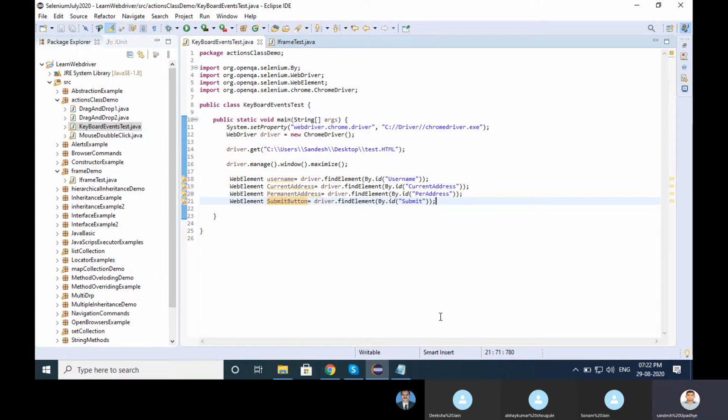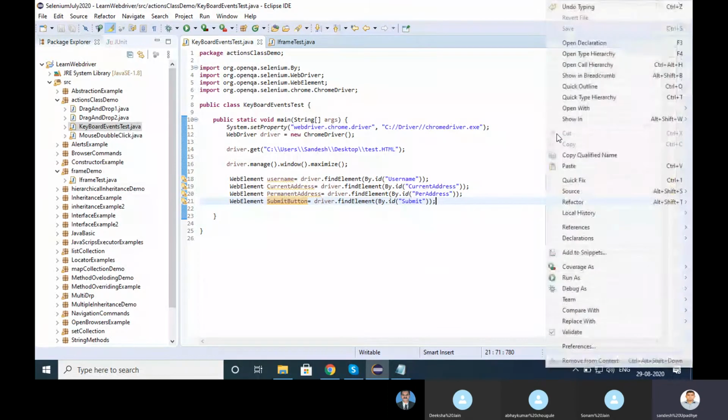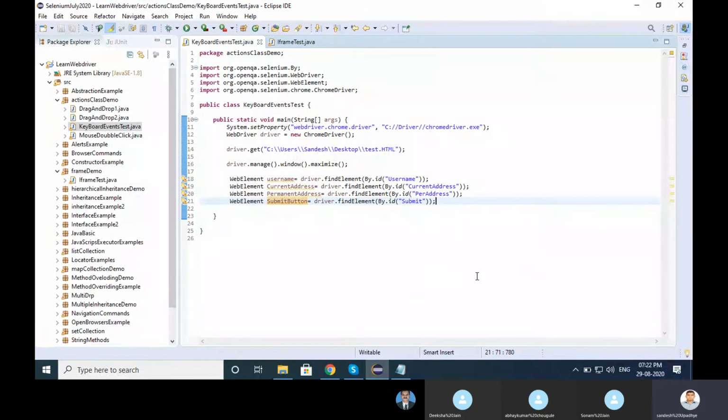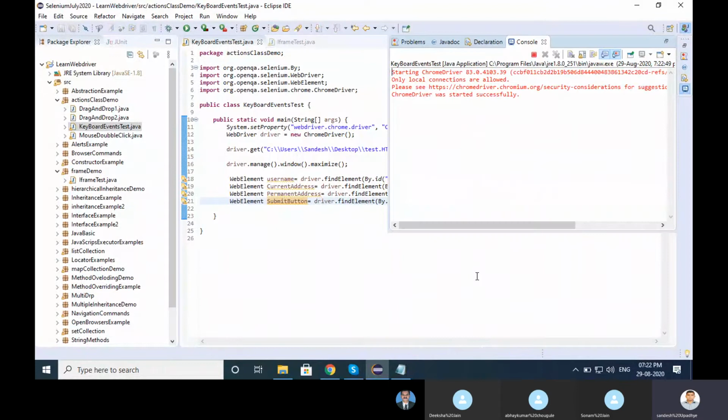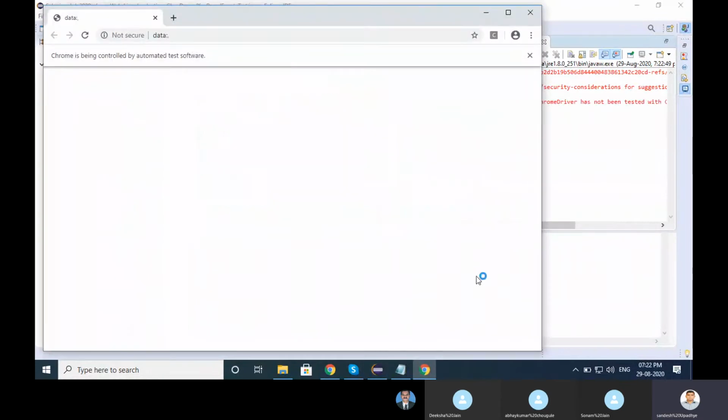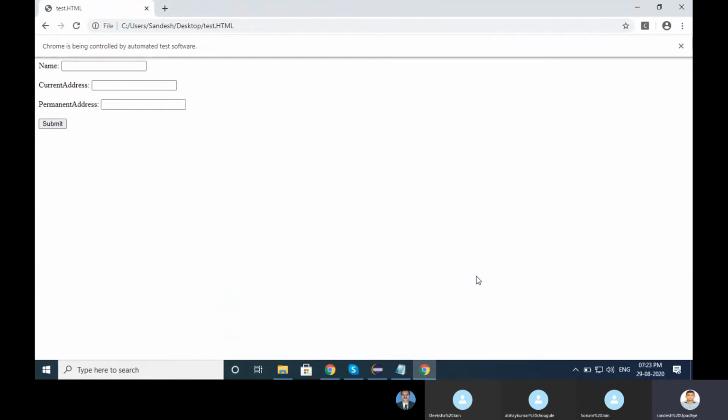Okay, till this code is okay, right? Let me run it one time and see whether this code is working or not. Okay, it's working, right?